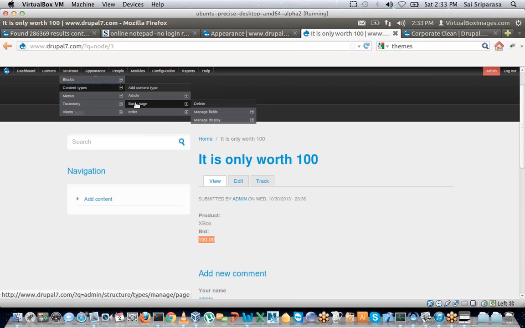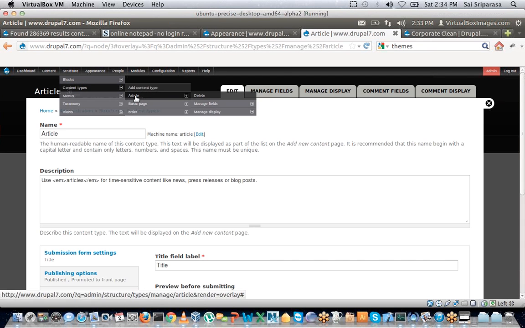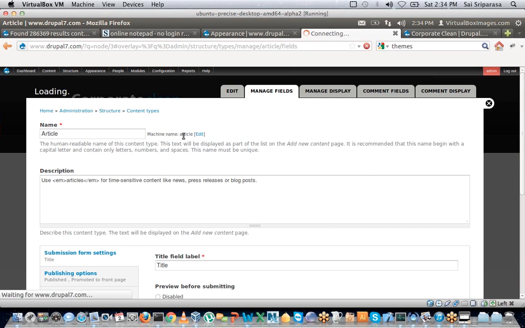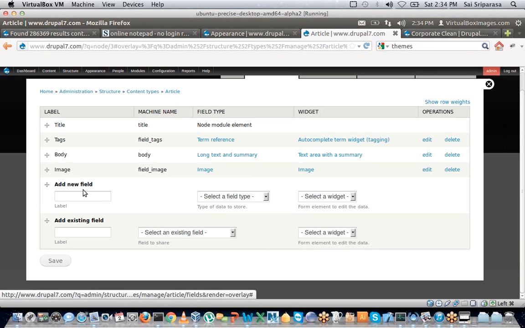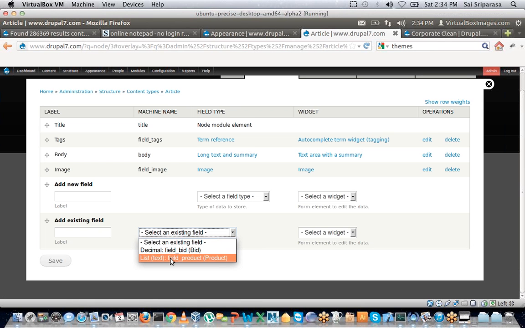Okay, or we could even go to article. Let's say manage fields. Here they are saying that we can add a new field, or we can even add an existing field. Okay, and field_bid or field_product is an option. The only reason that they would keep it open, or let us have a table for each of these fields, is because of us